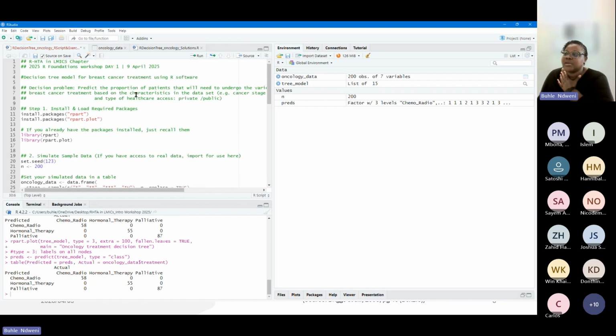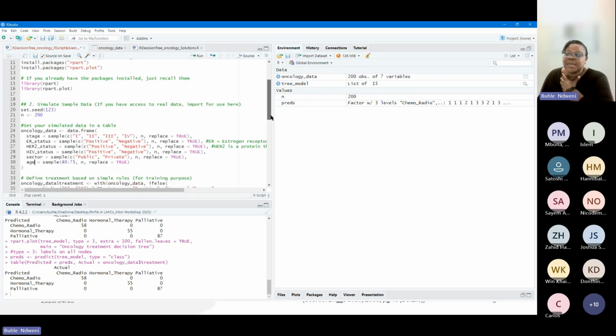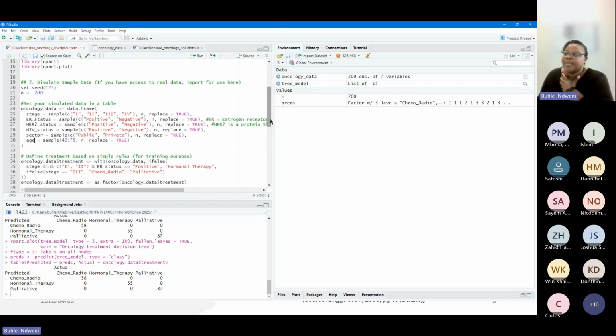So just to clarify, this is a decision tree model for breast cancer. It's not my area of expertise, but I decided to do that because it's something that maybe some people could identify with. Cancer is something that,